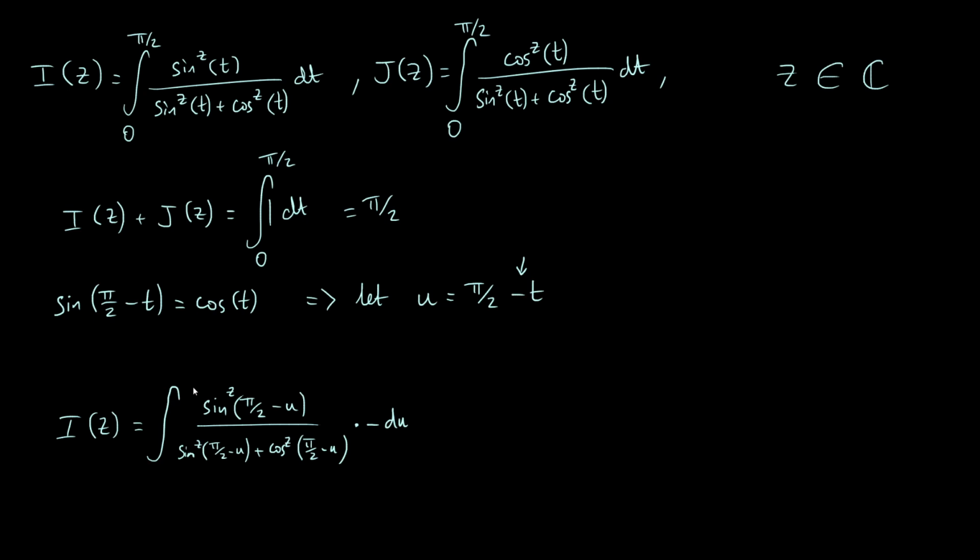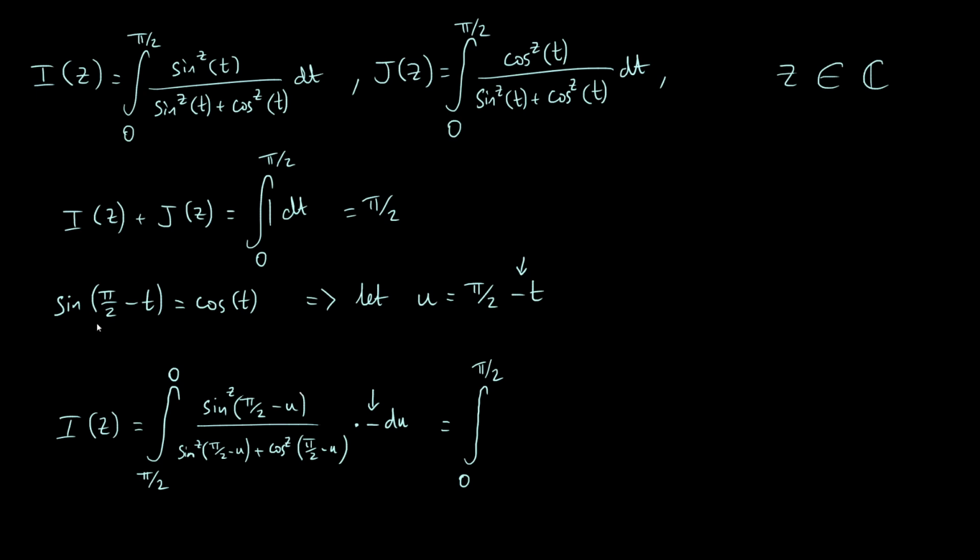We also have to change our limits. So when t is 0, u is going to be pi over 2 minus 0, which is pi over 2. Similarly, our top limit is t is pi over 2. When t is pi over 2, u is pi over 2 minus pi over 2, which is 0. So we get the same limits, but they're just flipped around. Okay, so what can we do with this? Well, there's a minus sign here, and that means we can basically get rid of the minus sign and flip the integration limits around. So that is the integral from 0 to pi over 2